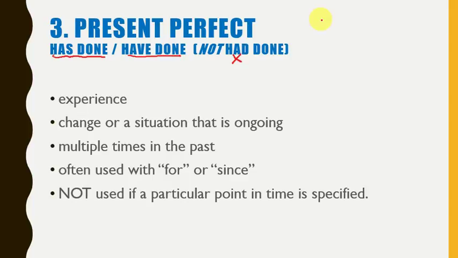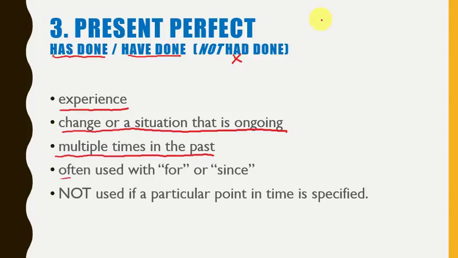We're talking about an experience that we've had, but something not related to time, okay? A change or a situation that is ongoing, something that has started in the past and it is ongoing all the way to the present, or some change that has happened sometime in the past without really a definite association with a particular time. Or it could be a multiple event that happened multiple times in the past over a period, so it's hard to pinpoint an exact time for the events because it happened at multiple points.